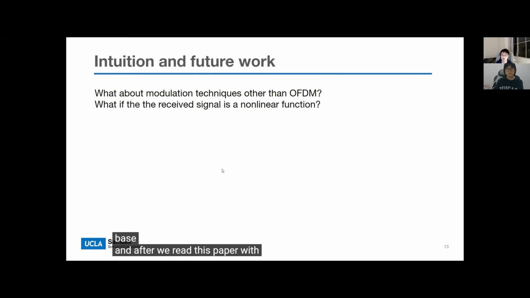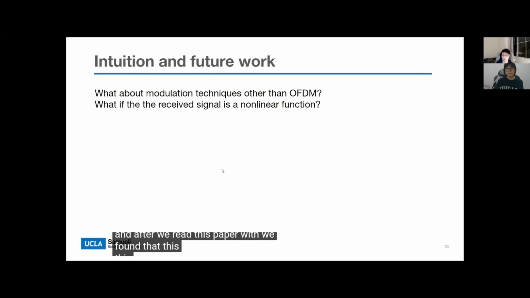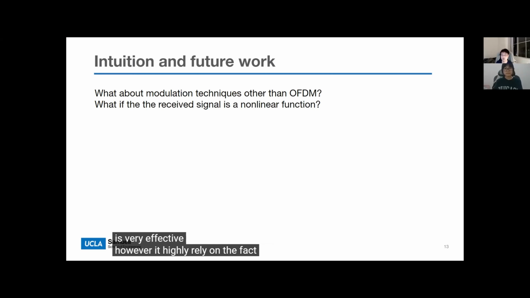After we read this paper, we found that this defense mechanism is very effective. However, it highly relies on the fact that the received signal is a linear function of the transmitted signal, and also this system specifically targets OFDM modulation techniques. However, as the world of communication keeps evolving,